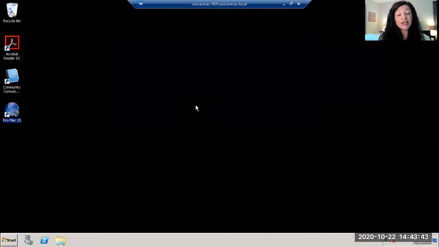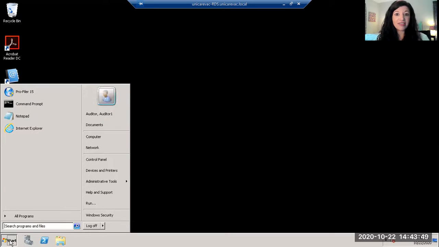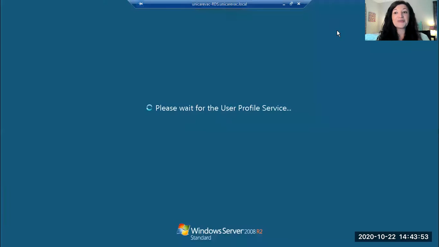It will say shutting down or saving your settings, and then you'll see that window go away. And then you just click Start at the very bottom left and log off, and you'll be logged out of the